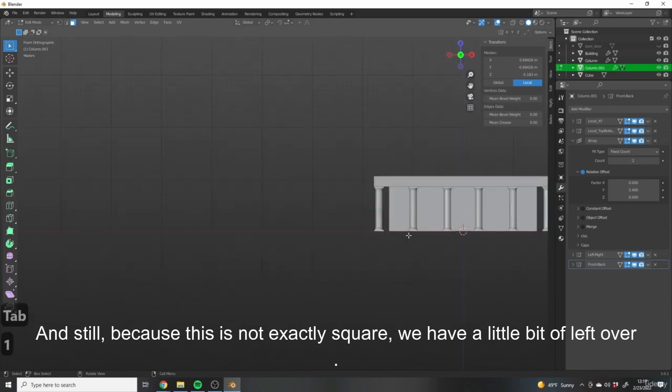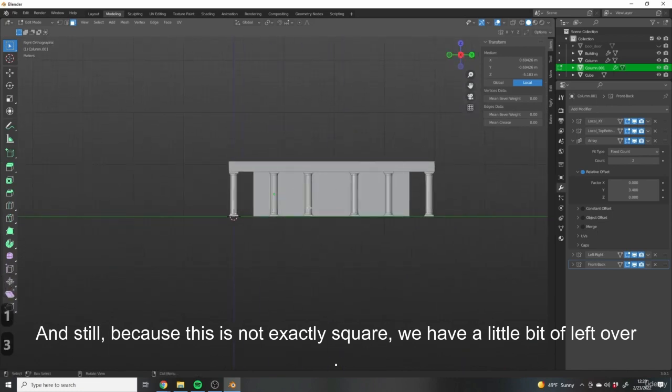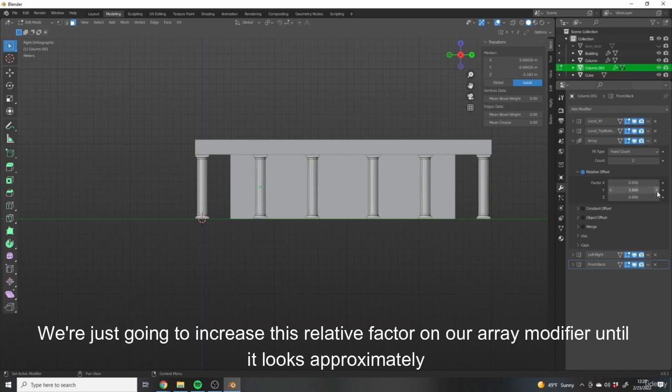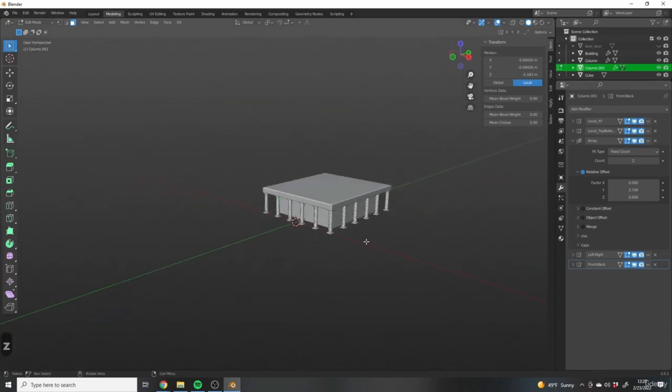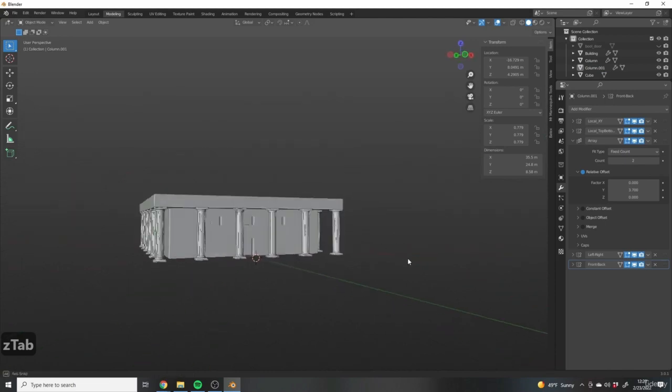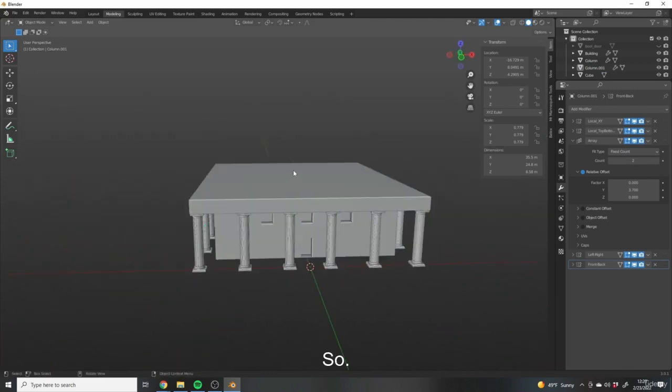And still, because this is not exactly square, we have a little bit left over. So we're just gonna increase this relative factor on our array modifier until it looks approximately even. Looks pretty good. Okay, so